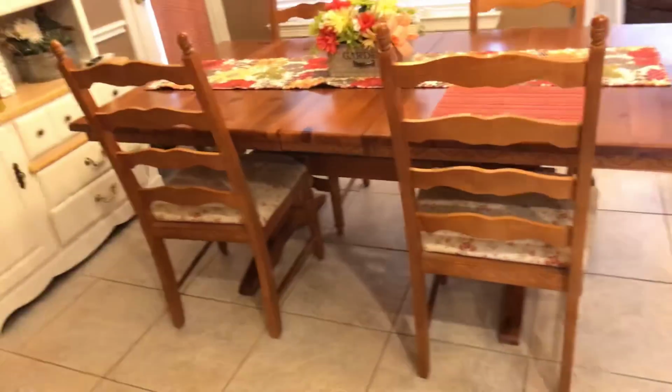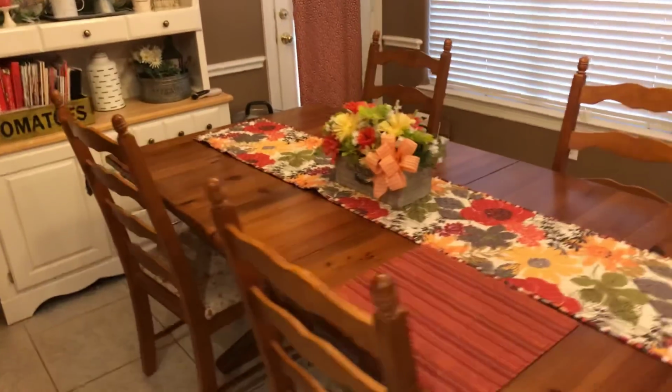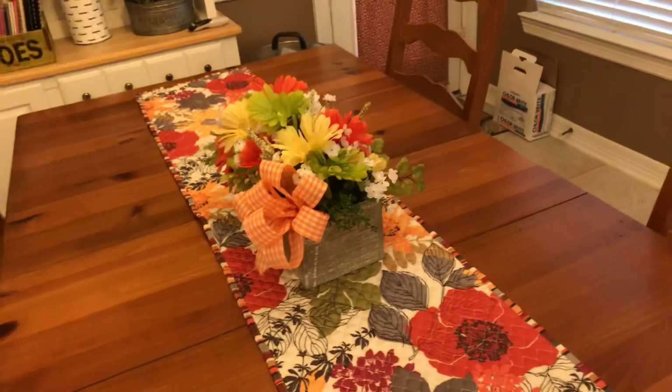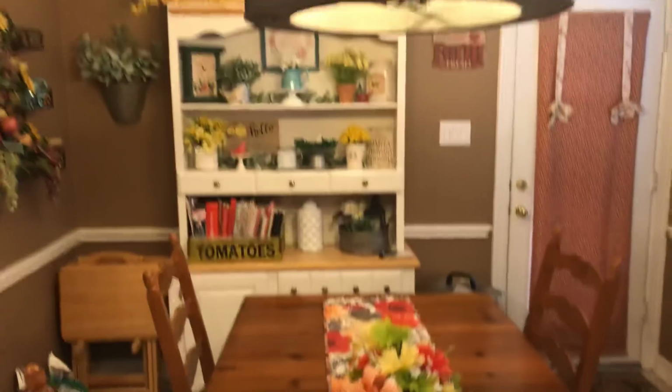Oh, I forgot to turn on the light here. Okay, and this is my kitchen area, or my kitchen table area. And of course I have a placemat out because I ate lunch earlier. Let me move that out of the way. Okay, there is my